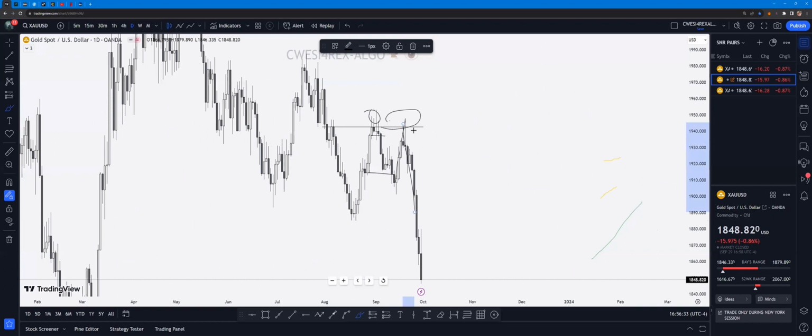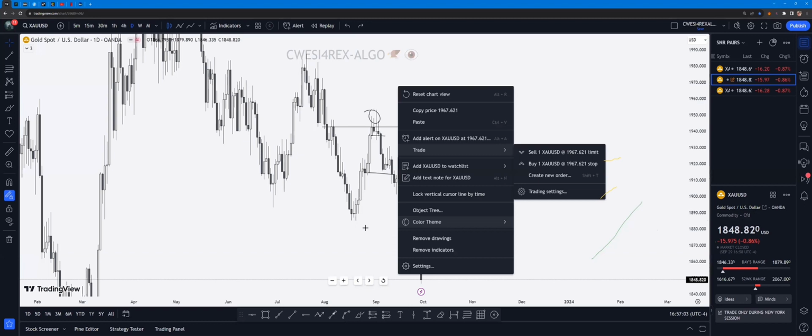So let's assume that was this entry over here. We missed this entry. Okay, let's assume we missed this entry. That's when this comes into play. We scale down or we refine: daily rejects daily, H4 breakout. So you can see this also, daily rejects daily over here. Or you can simply use this over here.